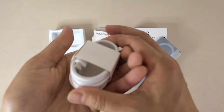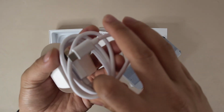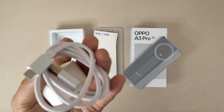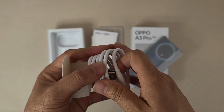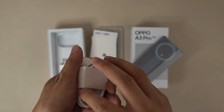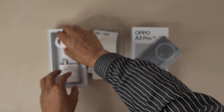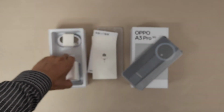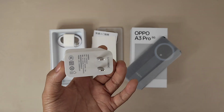And also here is the cable, a Type-C to USB-A cable. It's a normal cable. Put it back. And after the cable, we have the charger. This is the charger of the OPPO,